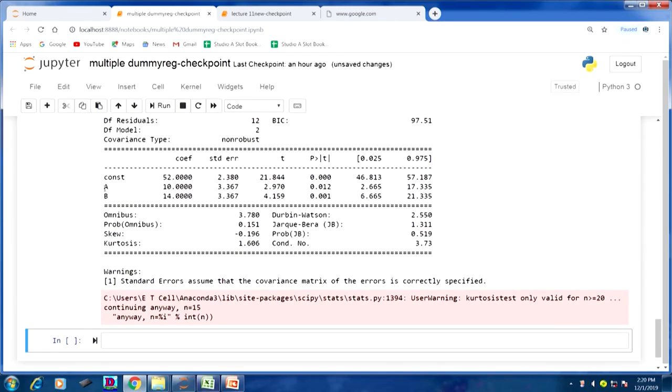Now look at the variables A and B, the p value is less than 0.05, so both the variables are significant. The values of B0, B1, B2 can be used for interpreting the output, as I explained in my slide. In this class we have seen how to do the significance test for a multiple regression model.